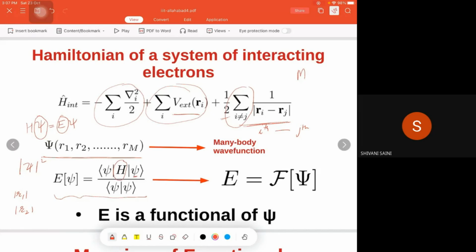So what Hartree did is he took independent electrons like this. If you have m number of electrons, he wrote the wave function like this, a product wave function. Then Fock came, and he realized that this doesn't have the Pauli exclusion principle built in. So he gave another wave function, which we call the Slater determinant, which you can